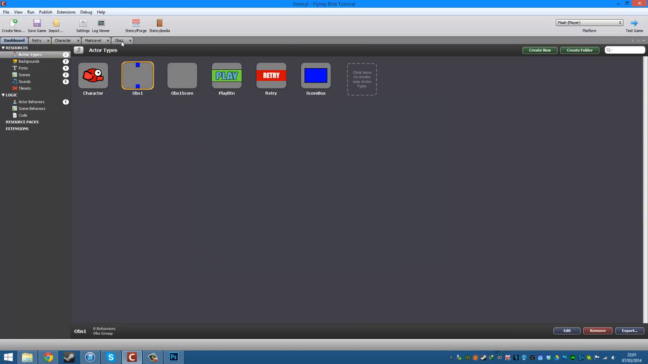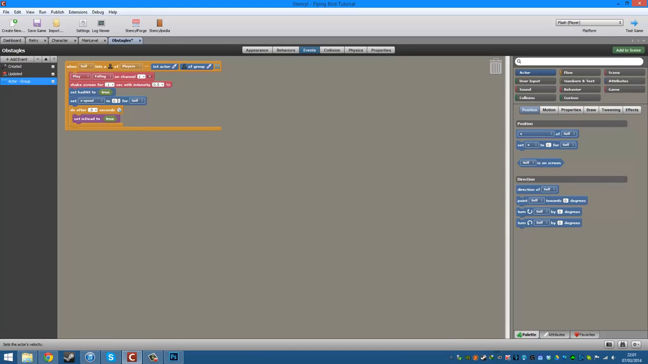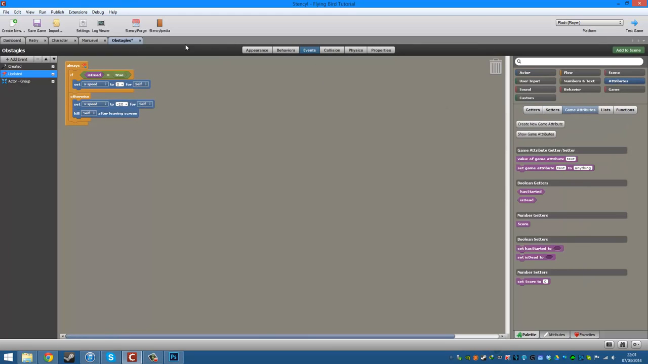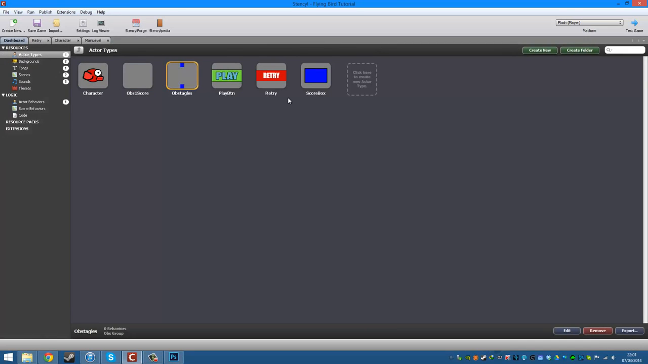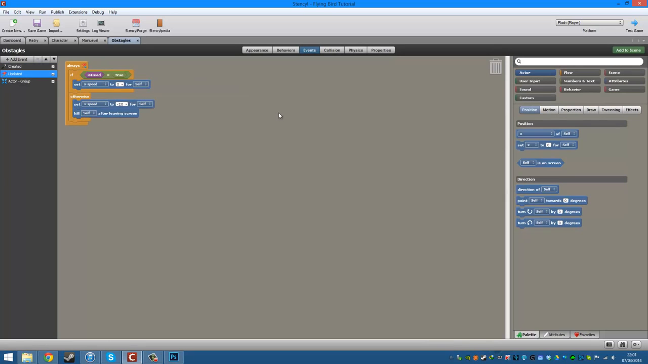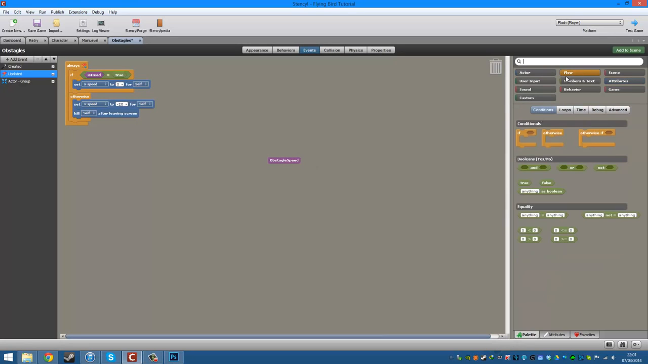I'm gonna go to obstacles. I'm actually gonna change that name. Rename that. Under the events, I'm just gonna find the speed attribute. Okay, so otherwise set x speed to -20. And my speed hasn't updated, so I'm just going to update that. Obstacles, events, so obstacle speed, just going to plug that in,